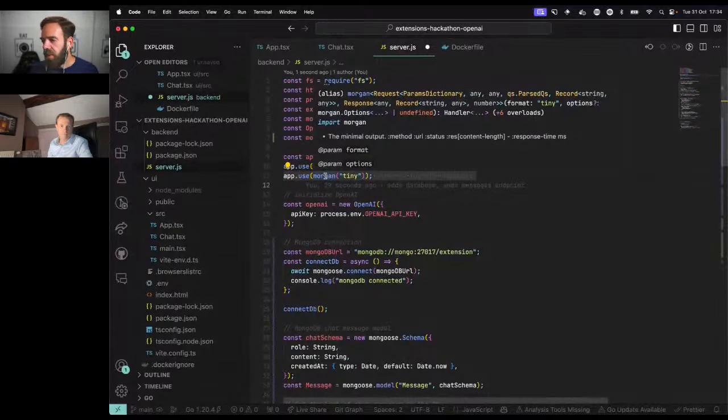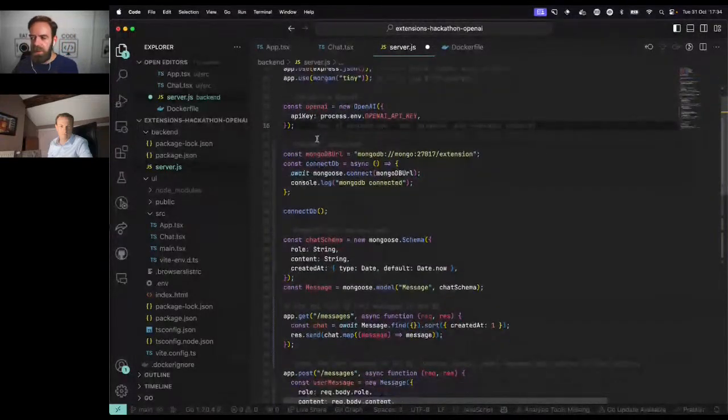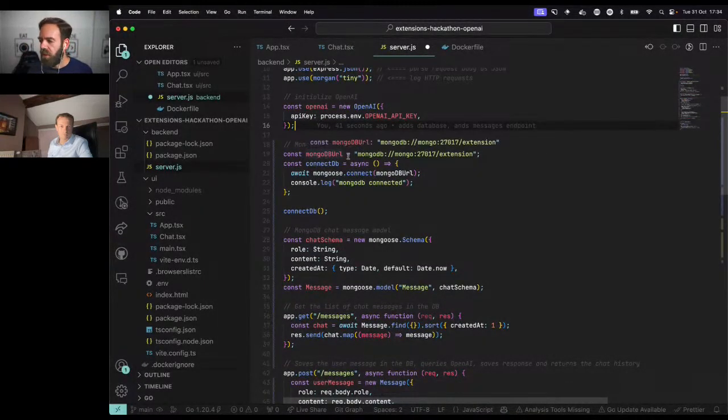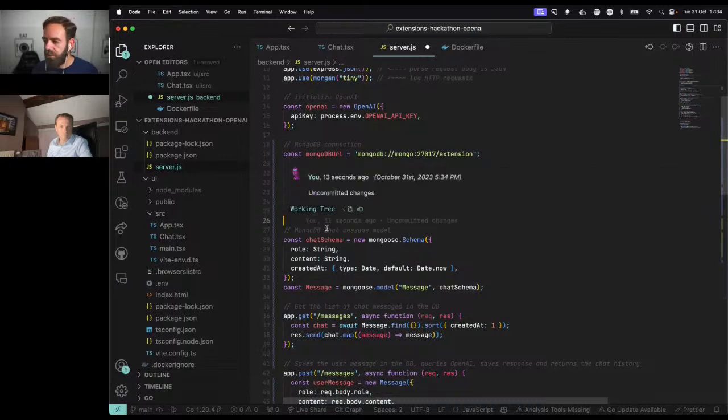This is the same initializing OpenAI. And this is the new part. For the MongoDB connection, we're just using the MongoDB URL in here. And this last part is just a name that I want to put, but any name could work. And I'm just waiting for this connection to put a console log, MongoDB connected, so that we can check the logs and see that the backend was actually connecting to the database when calling this function in here.